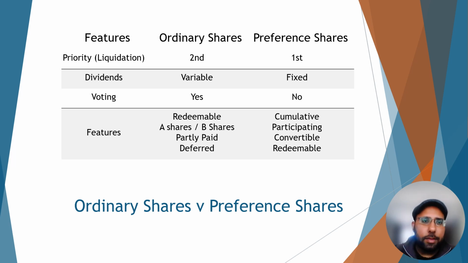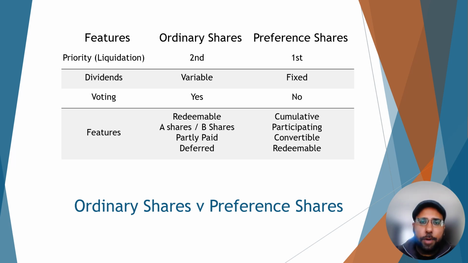The first one we'll look at is cumulative preference shares. What that tends to mean is if a company skips a dividend payment, so say for example, as a preferred shareholder, you were due a dividend in year one, but that didn't happen, it will naturally accumulate. And in year two, for example, if they still haven't paid it, in year three, if they have the funds, they will have to pay any unpaid dividends to cumulative preference shareholders before anybody else. Okay, it's just a feature that provides additional protection for investors, ensuring that they will eventually receive all due dividends.